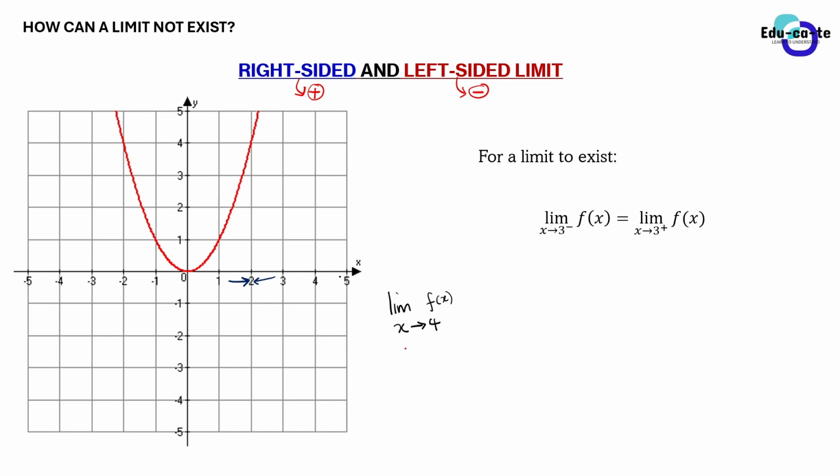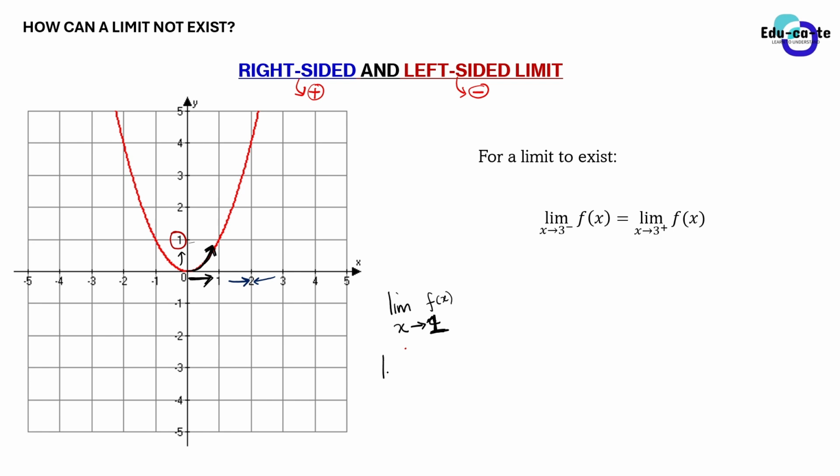Here is 4, but 4 is too far. The graph is not reaching there. So let's say the limit as x approaches positive 1. Does the limit as x approaches positive 1 exist? Let's approach positive 1 from the left on our graph. So we are coming from 0 and approaching positive 1. As we are moving here, we are approaching positive 1. On the y-axis, what are we approaching? We are also approaching positive 1, because as you approach positive 1 from the left on your function, on the y-axis we are also getting closer to positive 1.